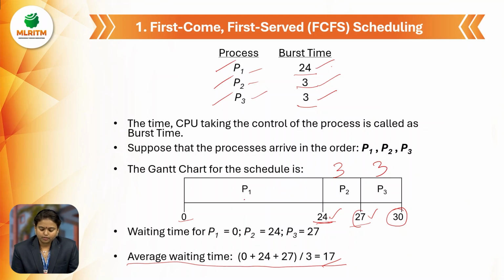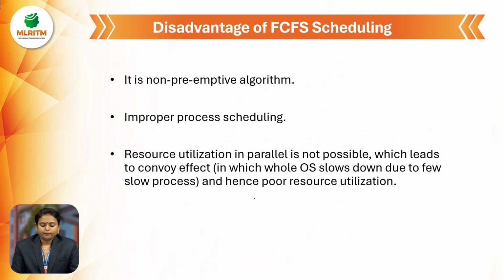This process has a burst time of 24. Until this process 1 completes, the other processes will not interrupt P1. That is a facility, and also a drawback of this FCFS scheduling algorithm. And also improper